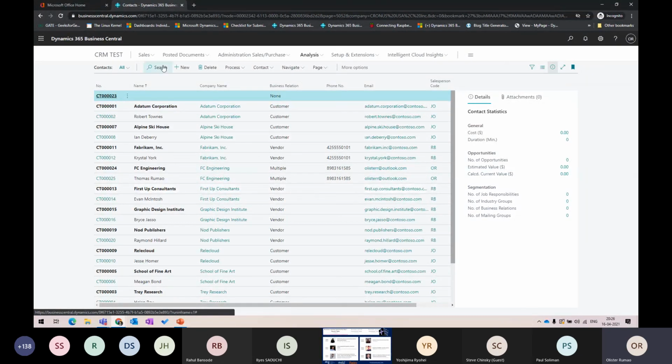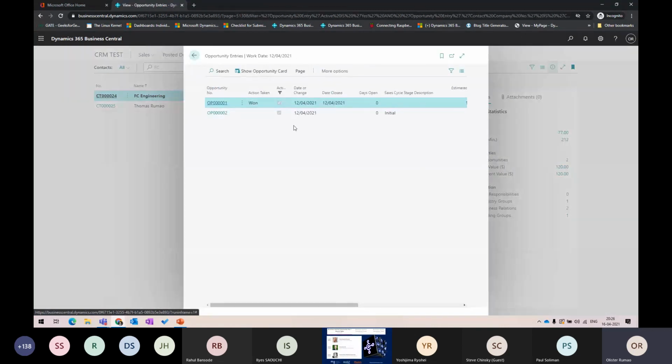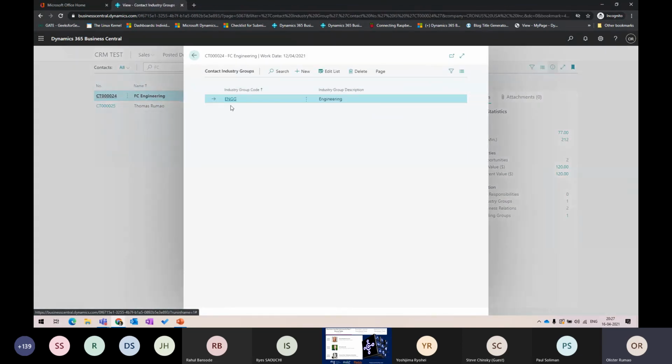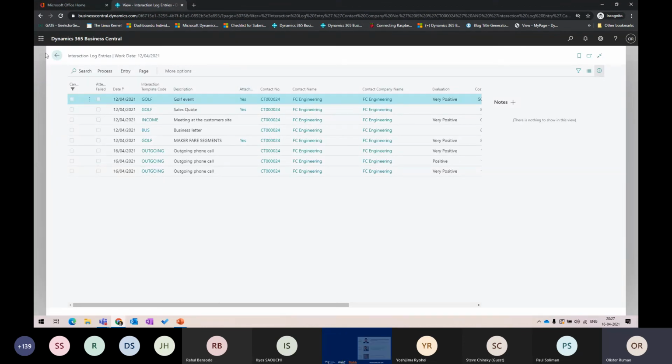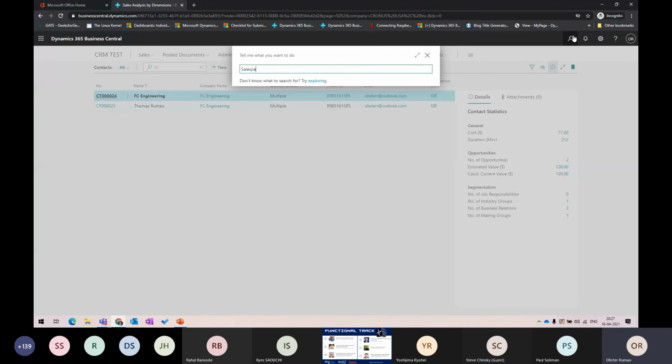So for example, if I'm talking about this particular contact, I can just see how many opportunities are open with regards to this. I can see if it's one, it's open, whatever. I can just take a look at industry groups where it's linked, and this will give me higher level information into what is going on. And from here I can even see my interaction logs. So contacts is one place, and the second place is